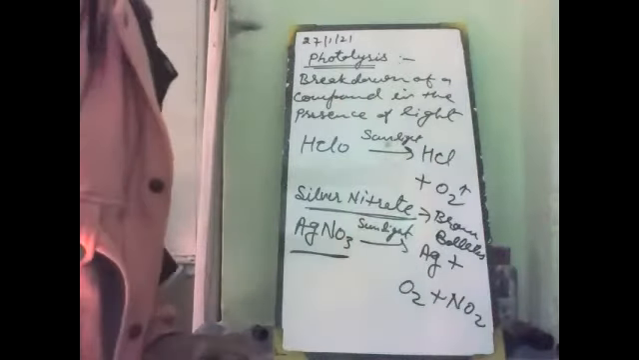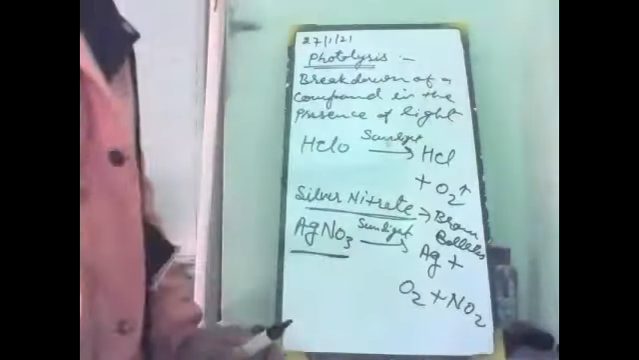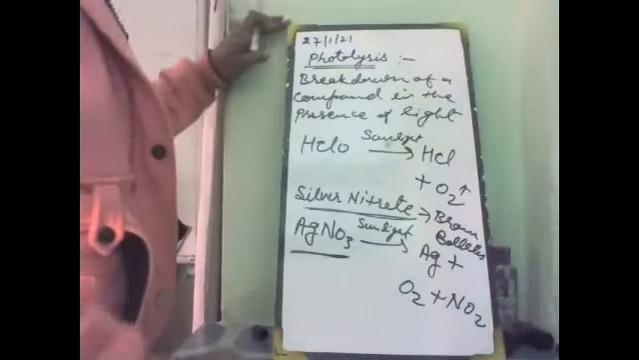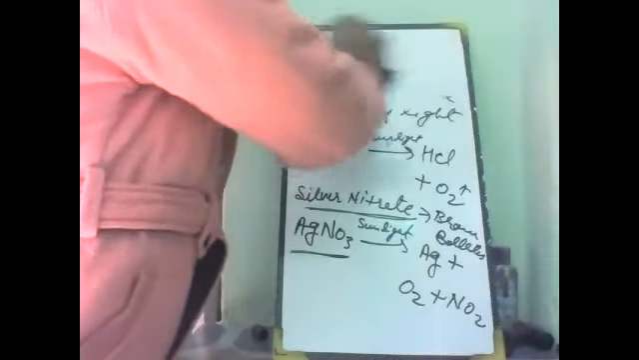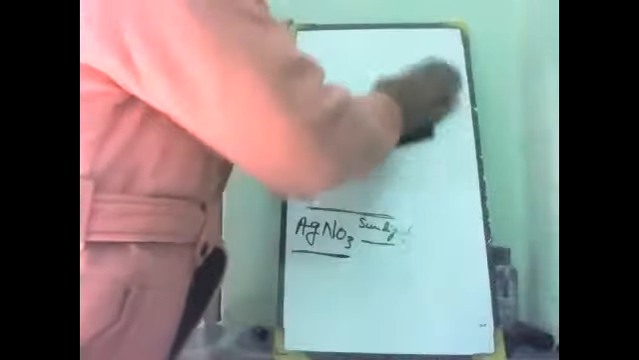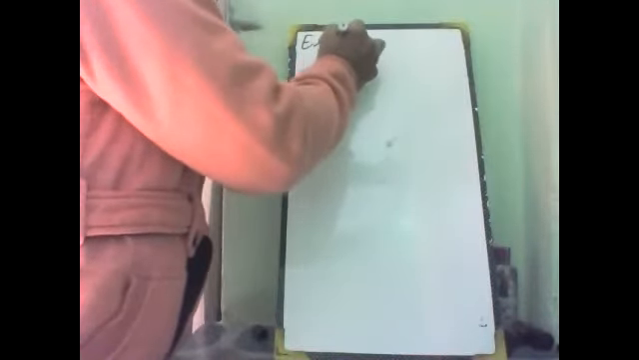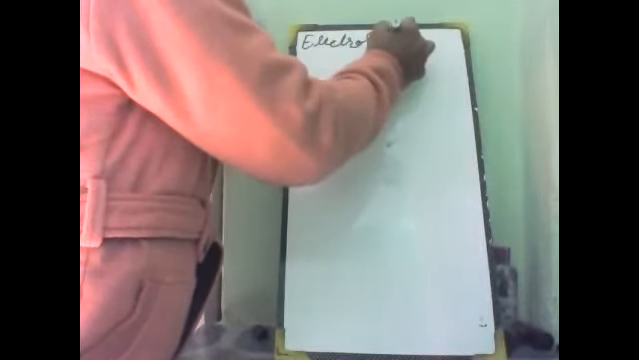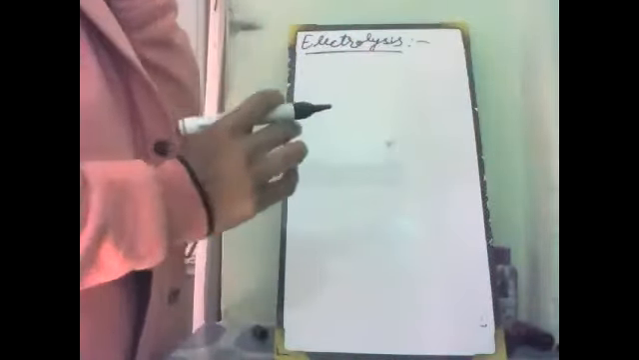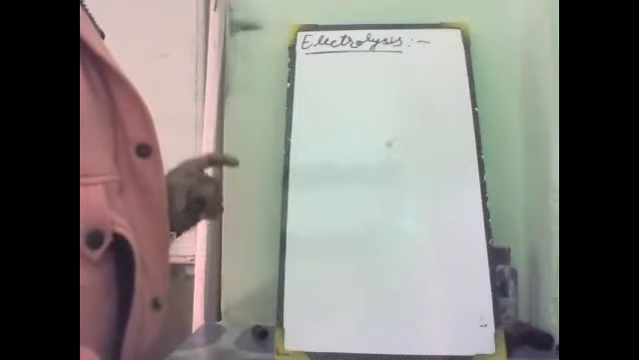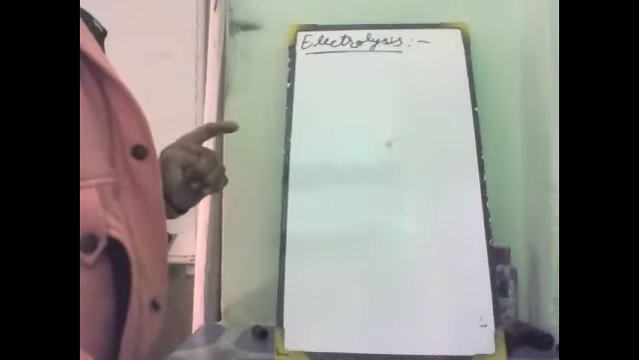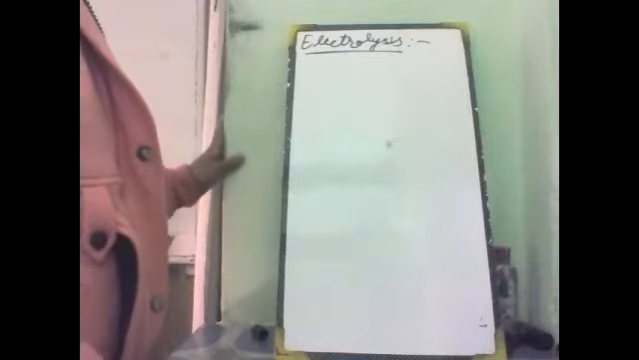Now the next is electrolysis. When a decomposition occurs in the presence of electricity, it is known as electrolysis. Electro means electricity and lysis means breakdown. A decomposition takes place in the presence of electricity. An example of this type of reaction is